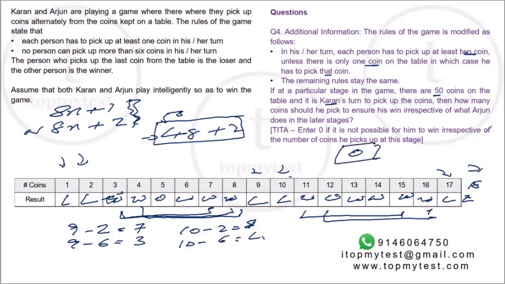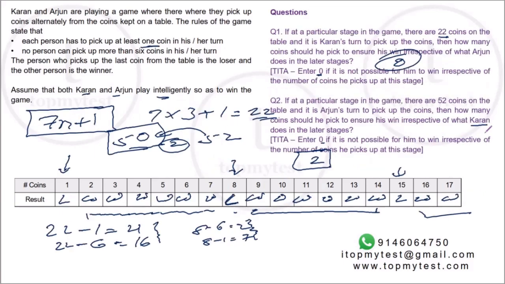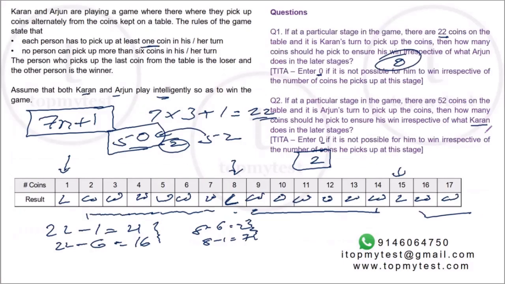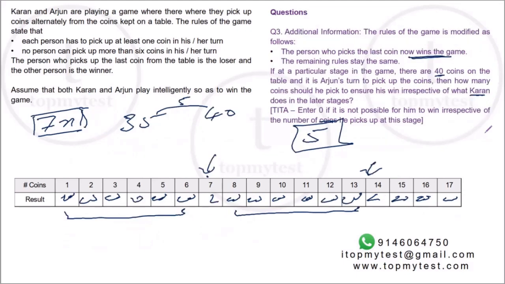Right. It's a very nice question. It's not very difficult. If you have done these coin picking sort of questions, it should not be very difficult for you to answer. But I did not go through the direct formula route. Instead of that, I showed you the simulation sort of thing. I just looked at how the game will actually play out, so that even if you don't have a formula or they keep on changing the variables, you can easily use it and modify this for solving any slightly complicated questions as well.